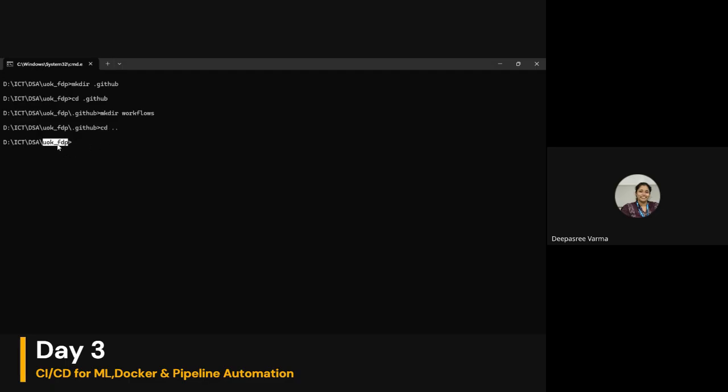And inside this folder, UOKFDP, I will just type, as we did yesterday, git add . After that, once you add, you can tell what commit you are going to make. You can name that commit.